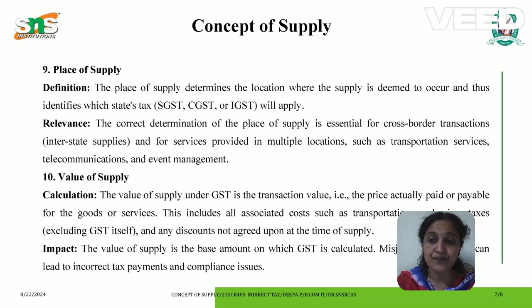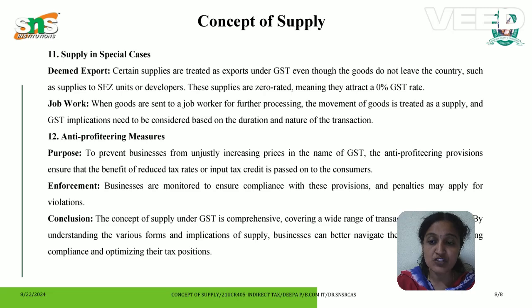The next one is supply in special cases. Certain supplies are treated as exports under GST, even though goods do not leave the country, such as supplies to SEZ units or developers. Anti-profiteering measures to prevent businesses from unjustly increasing prices in the name of GST. The anti-profiteering provisions ensure the benefit of reduced taxes or input tax credit is passed on to the consumers. Conclusion: the concept of supply under